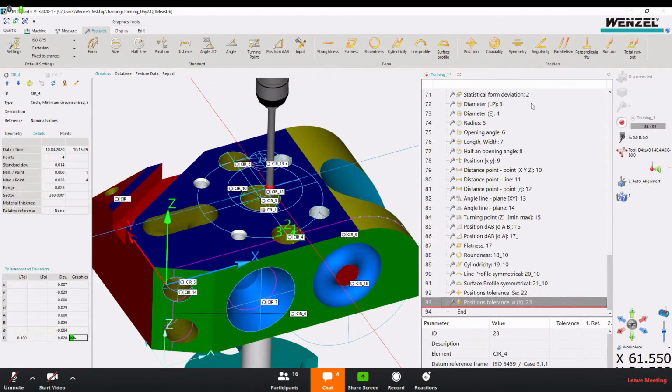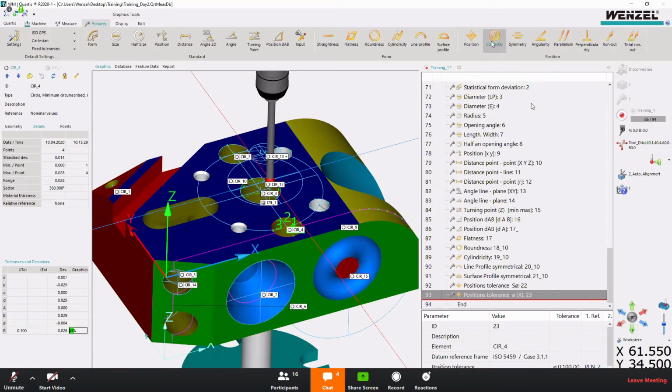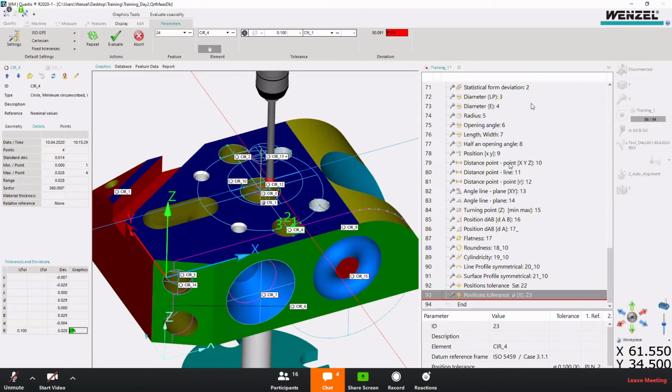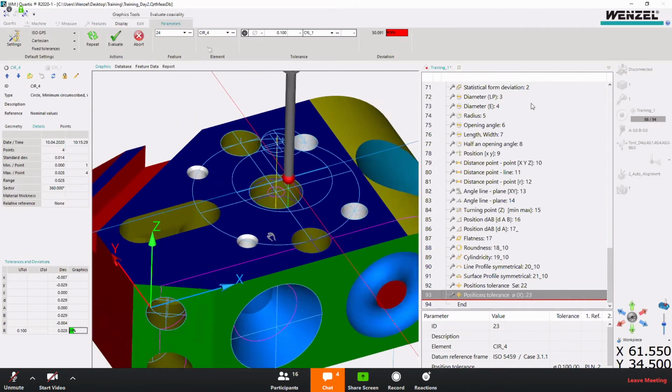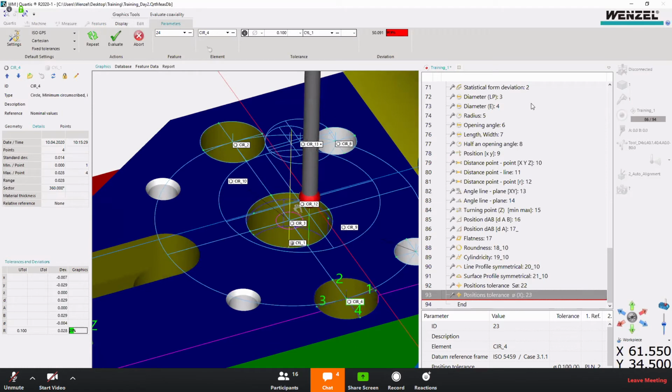And then there is coaxiality. This is to find whether the centers of the two circles are concentric or not, whether they are at the same center or not. So I need to have 2 circles. Let me choose this circle and this one, circle 3. You will see this is what I need to choose, which is the elements, and this will be my datum,